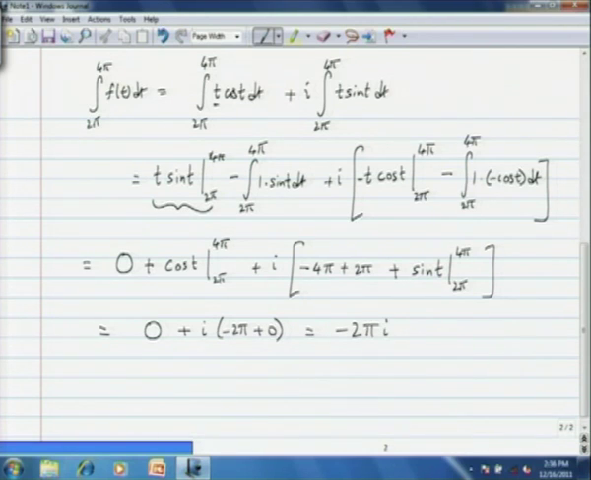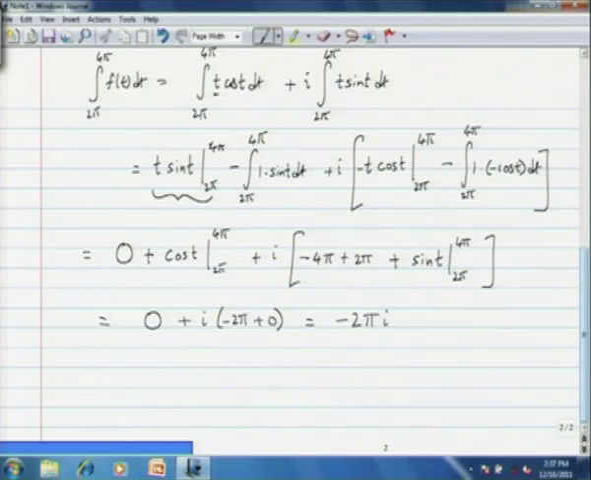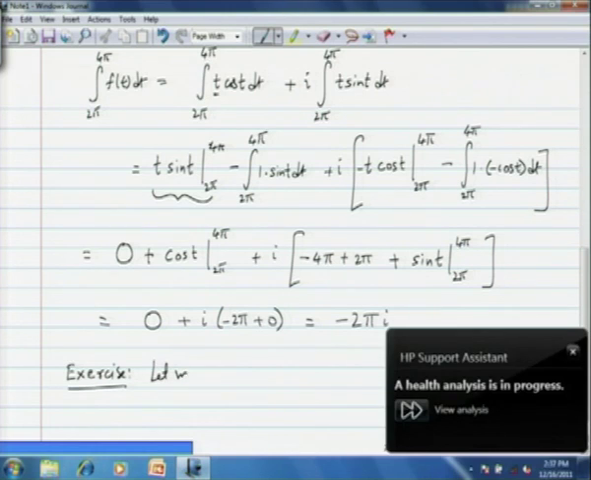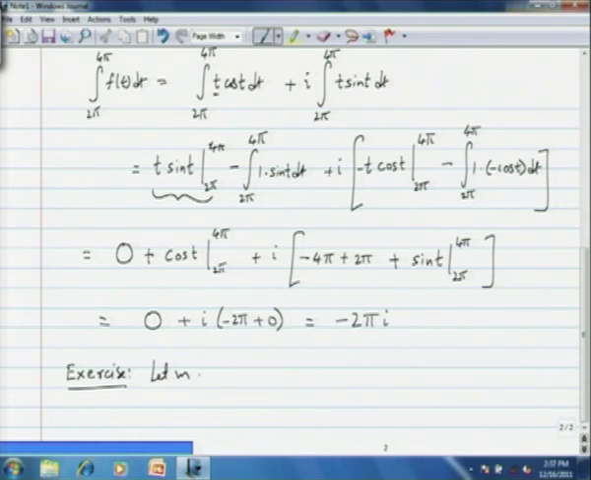Okay. So, using integration by parts, we can compute this definite integral. Okay. So, here is another example. Let me give this as an exercise to the viewer. Okay. So, let m and n be integers. Let m and n be integers. Okay. Show that